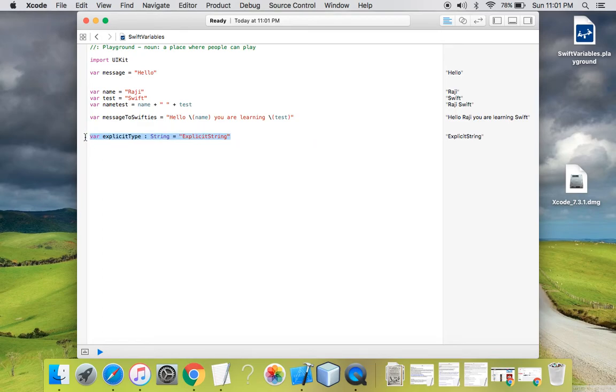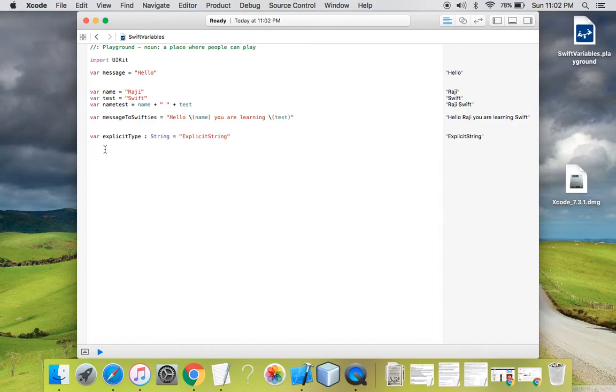Here the compiler automatically detects the type of the variable, but here you are letting the compiler know, no, I want to pass a string to this particular variable. Don't infer it as an integer type or some other type. I want to pass it as string, and it won't change. The type of the variable won't change. It will remain as string.